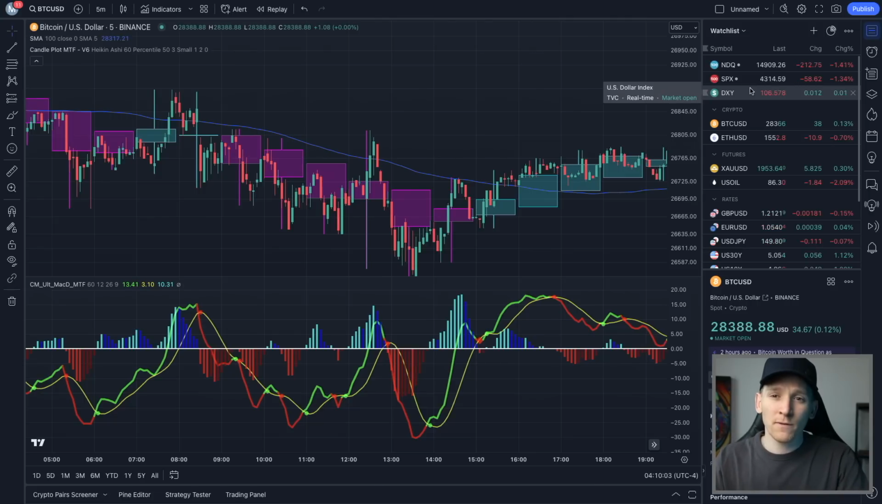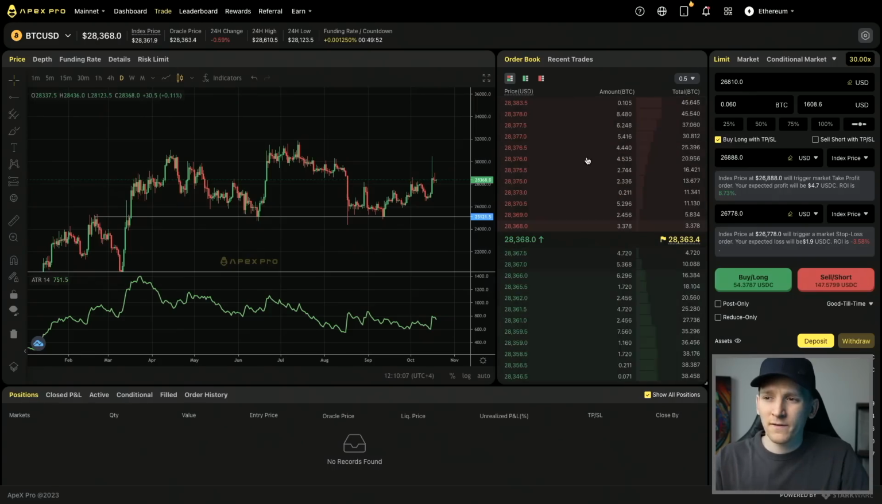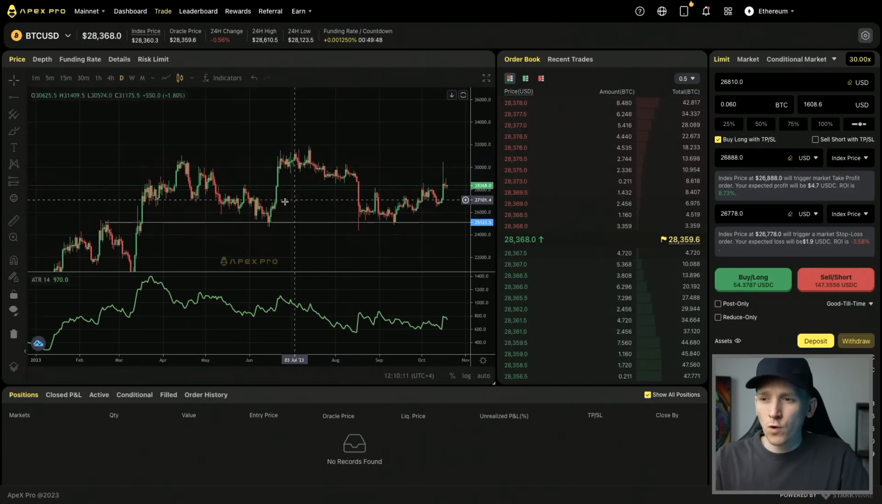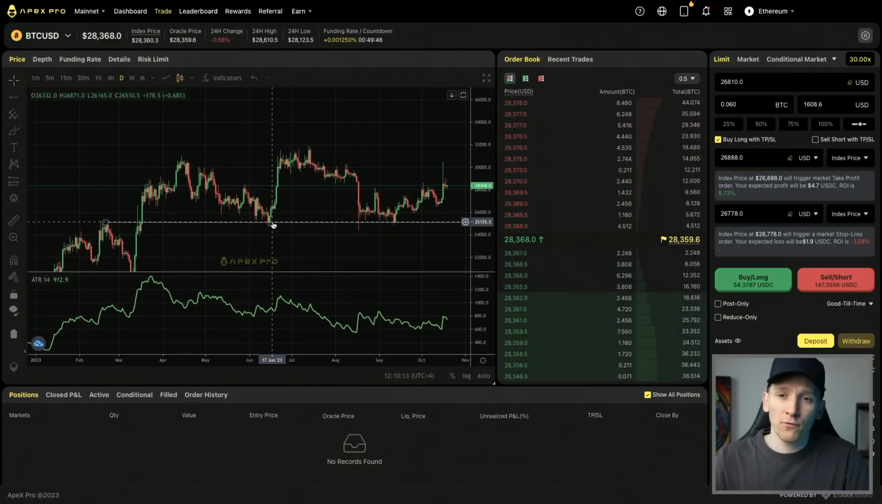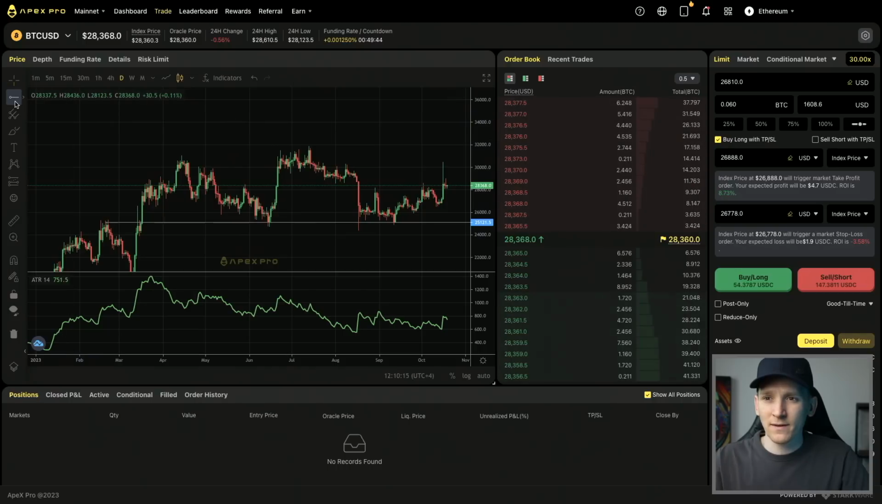I'll leave timestamps below. The first thing we can do is just get some support and resistance levels on our trading chart, because as you can see, support and resistance often are areas where prices bounce from. So of course they bounce from there and then they break through from there. But all we want to do is just get these major support and resistance levels on the chart,